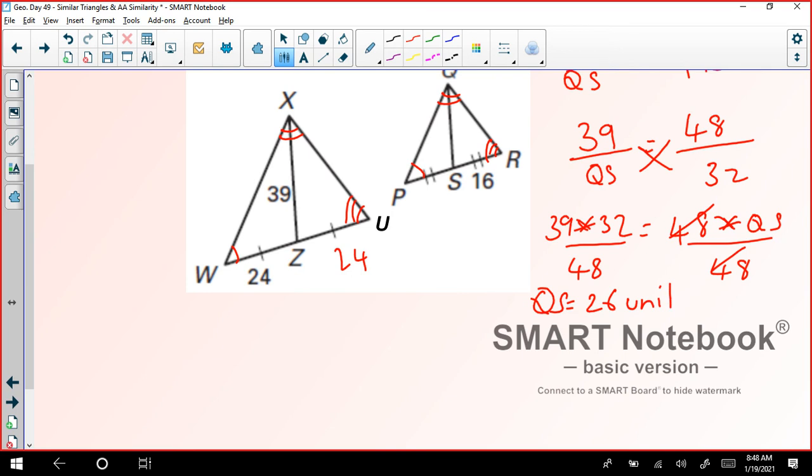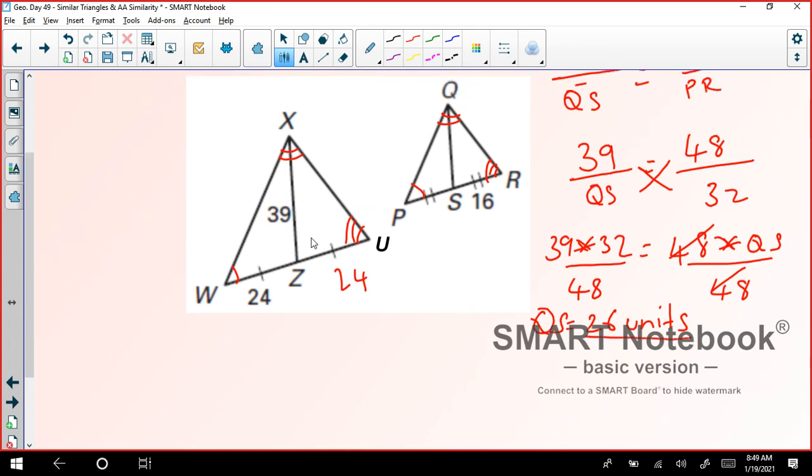Okay, these were few of the problems based on the similar triangles. Hope they are clear. It doesn't have to be just sides are proportional, even the medians are going to be proportional. The perpendicular bisectors are going to be proportional in the triangle, not just the sides. Keep that also in mind, because in this case we had two medians which we have taken as proportional and we have solved the problem. Okay, let's see the next slide.